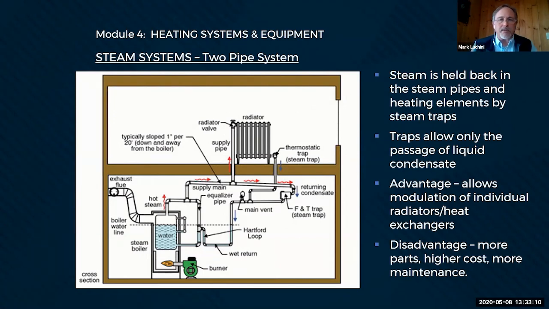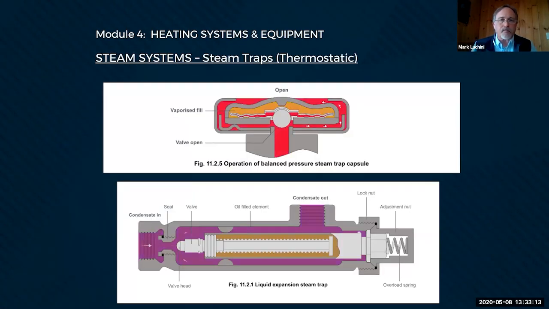So what makes a two-pipe system work is the steam traps. There's a lot of different flavors of those as well. The old timers had a lot of time to invent stuff, I guess. These are thermostatic traps. So basically they use temperature to open and close. If I have condensate flowing through here, it's cool, so this stays open. If steam starts coming down, it heats up the fluid in this disc and pushes the ball shut so steam